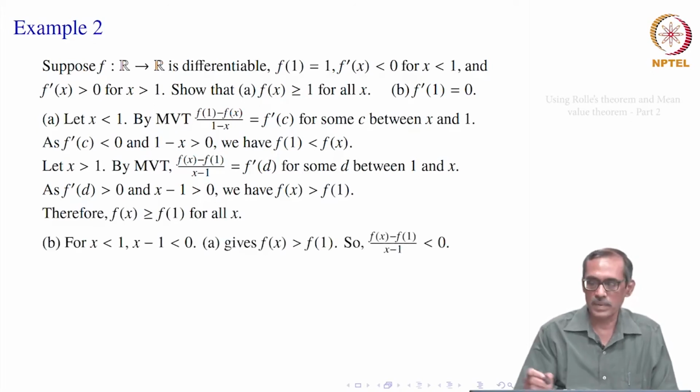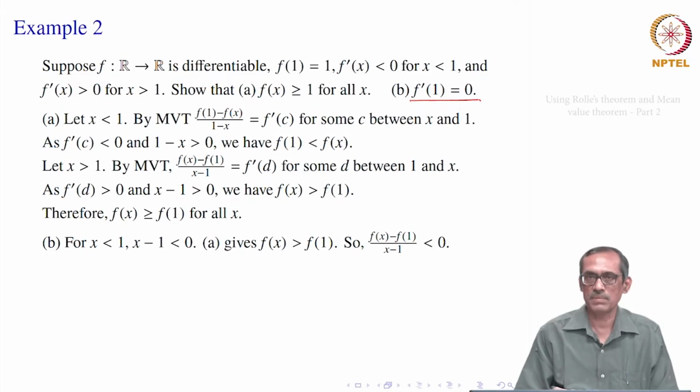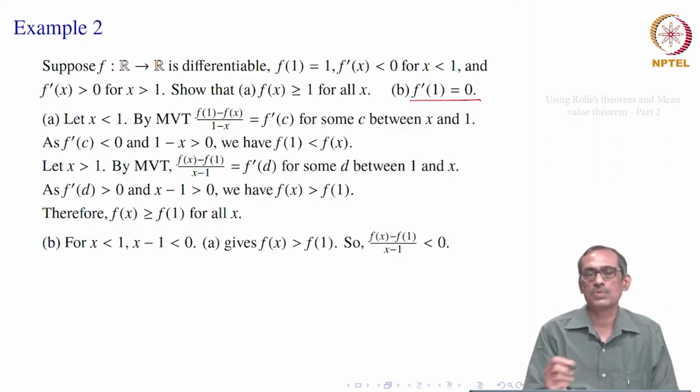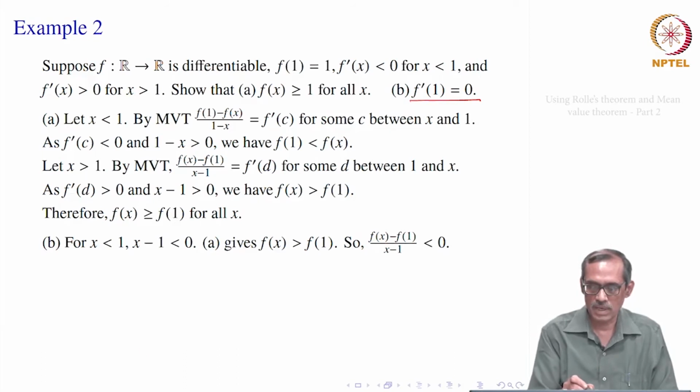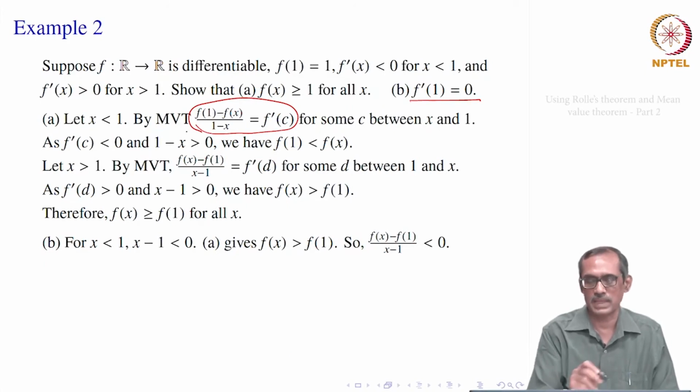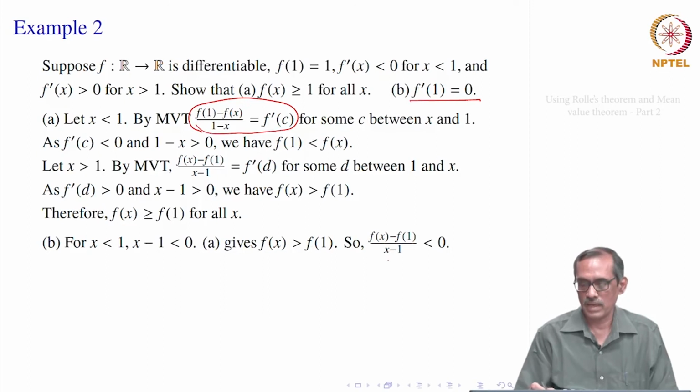Now, we should go for B, where we have to show f prime 1 must be equal to 0. Okay, so what do we do? f prime at 1 is not given, but f prime at points smaller than 1 is given and at points bigger than 1 is given. Okay. So, let us choose any point x smaller than 1. As earlier we have seen, f 1 minus f x by 1 minus x is negative. So, it is the same thing as telling f x minus f 1 by x minus 1, since we multiply by a minus sign there. So, you get f x minus f of 1 by x minus 1 is less than 0.